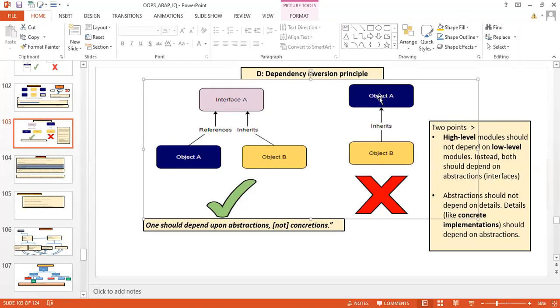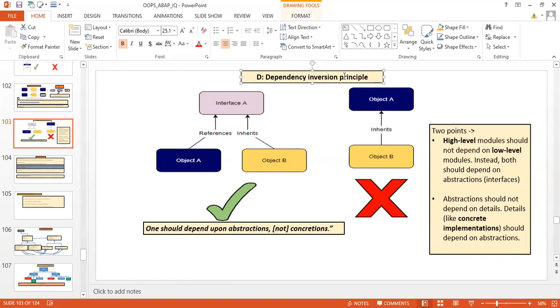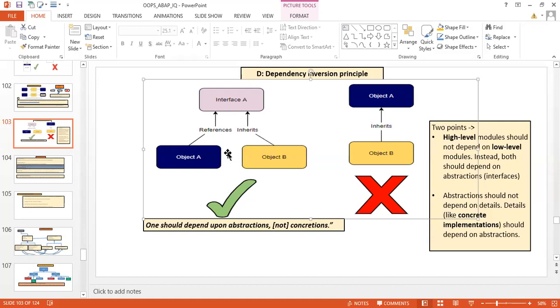See here, it is an object A and it is an object B. Why inherit the concrete class into another concrete class? This is actually the main point of the dependency inversion principle, right? That's the whole soul: one should depend on the abstraction, not concretion.